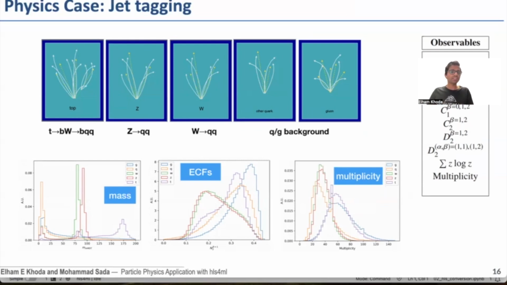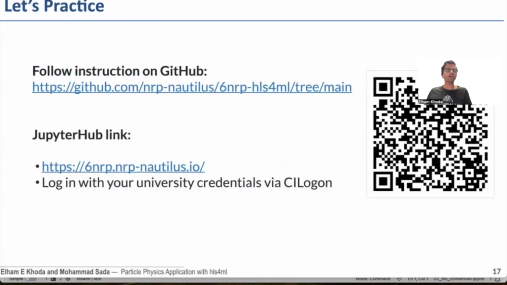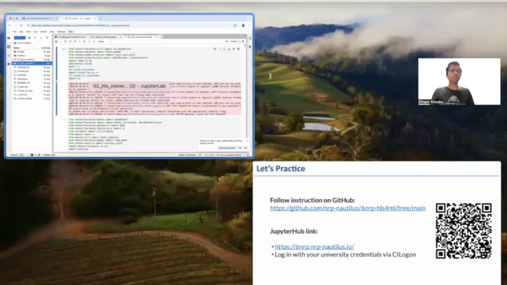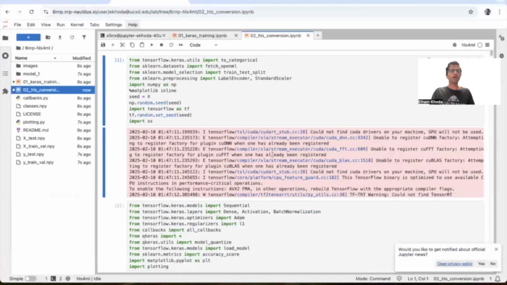So we're going to use 16 of them, and the output would be 5 classes. So that's mostly it with the introduction part. And we're going to now go back to our GitHub and then our Jupyter Hub notebook and follow the instructions there. I hope by this time you all have your Jupyter Hub instance up and running, and you were able to follow the instructions with me and run your notebook,